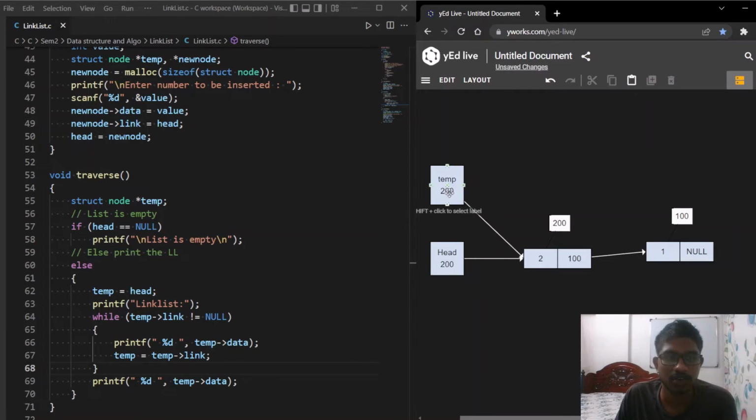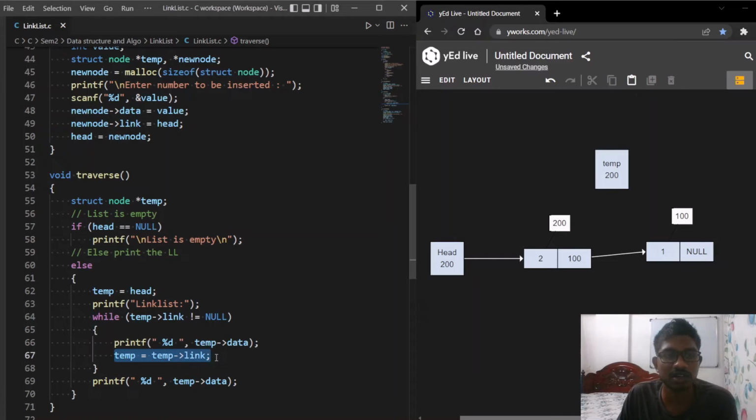Okay. Now when we run this function in the while loop, what will happen is it will check whether the temp's link is null. No, it is not. So again it will go to the next node. What this is doing is it will replace the temp with the temp's link. So now the temp is 200, right? And this is pointing to this, and the temp's link is 100, and this will replace the temp with the temp's link. Temp's link is 100, so